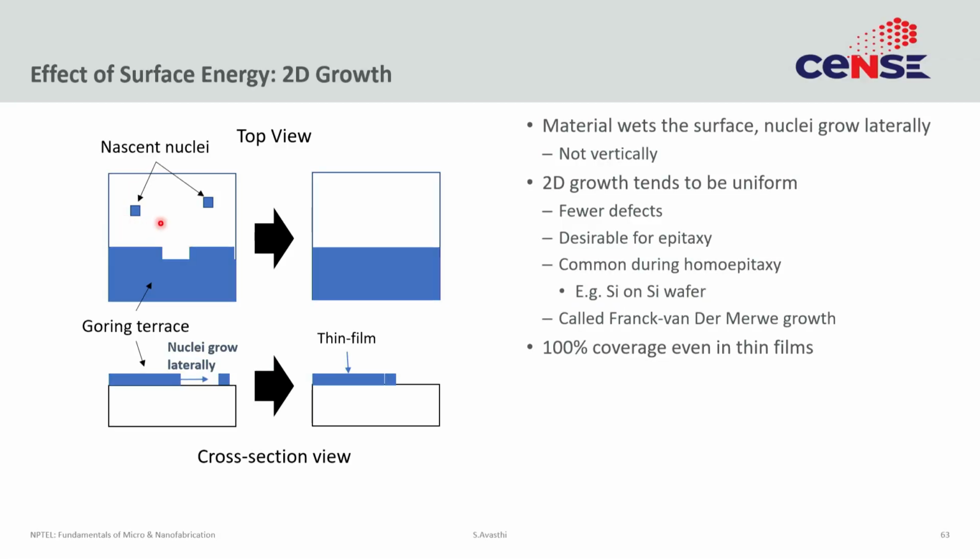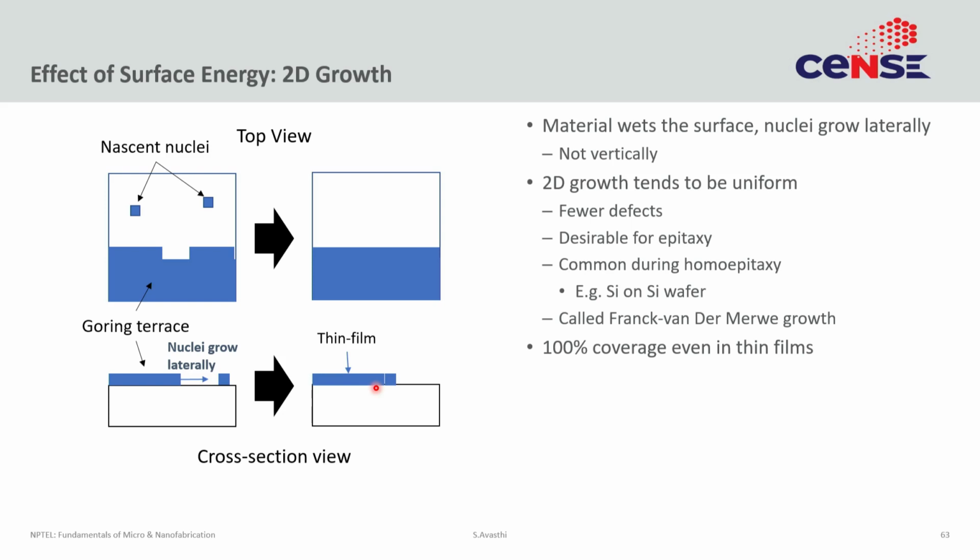So, if you look into the figure, here is a nascent nuclei, and the nascent nuclei is subcritical. So, it will coalesce with a larger nuclei, and supposing the larger nuclei is this blue region here, these nascent nuclei, instead of growing on top of each other, tend to stay on the substrate and diffuse to the edge of the larger nuclei and get coalesced, and what you end up forming is a very thin film, in extreme cases one dimensional in the z direction. So, it is like a single monolayer of atoms, a single monolayer of atoms that is growing laterally across your substrate.